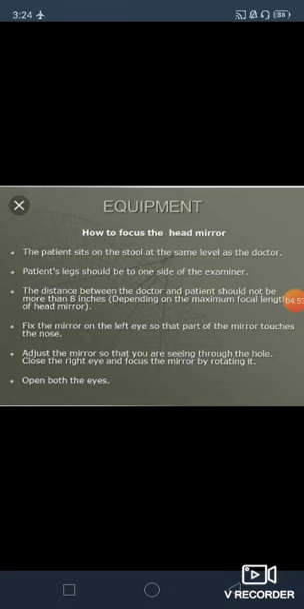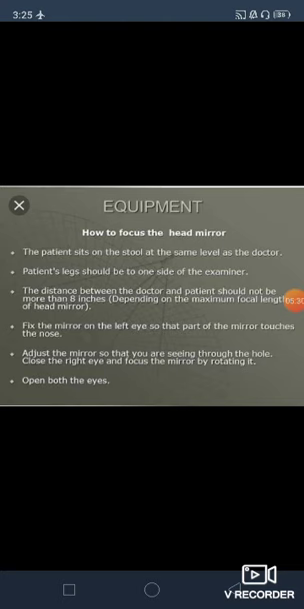Then what should be the distance between the doctor and patient? The distance between the doctor and patient should not be more than 8 inches. So at max the distance should be 8 inches, while it depends upon the maximum focal length of the head mirror. And we should fix the mirror on the left eye so that the part of the mirror touches the nose. Otherwise it is a choice of the examiner on which eye he wants to place the concave mirror,